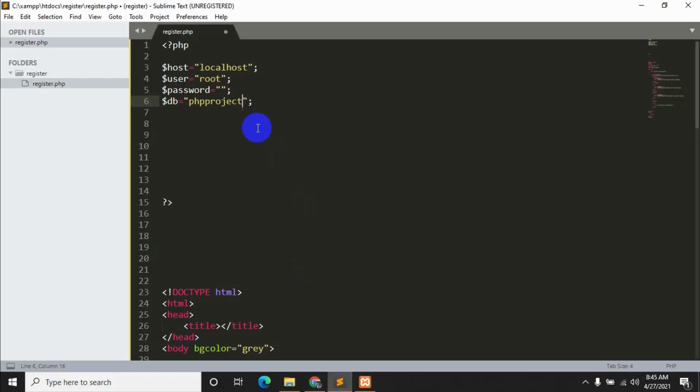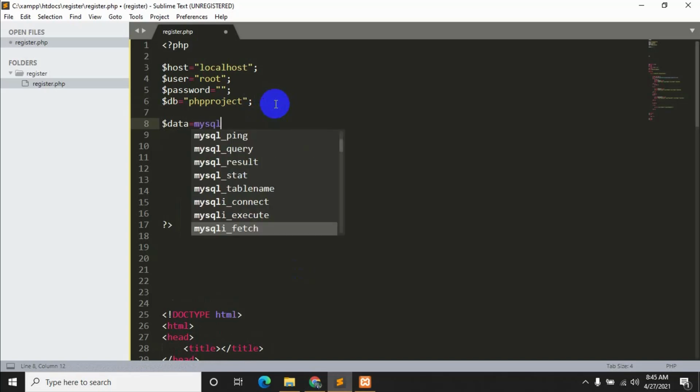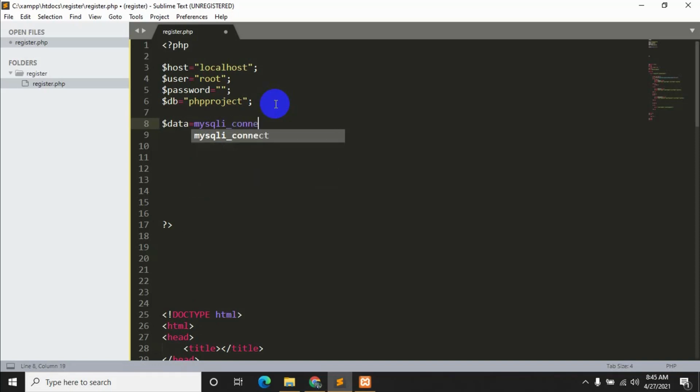Okay, so after this we need to write one more line to connect to the database. First of all we will declare a variable. Let's say $data, you can declare any variable you want, is equal to mysqli_connect. If you are using PHP version 7 or higher, like 8, then you need to write mysqli.